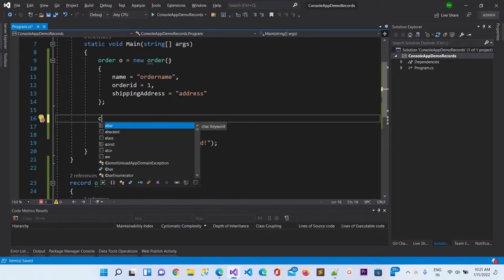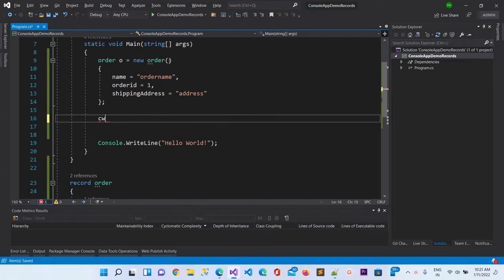Now here I will write the properties to the console. So I am going to use this code snippet, Console.WriteLine, and here I am going to use order id plus order name.